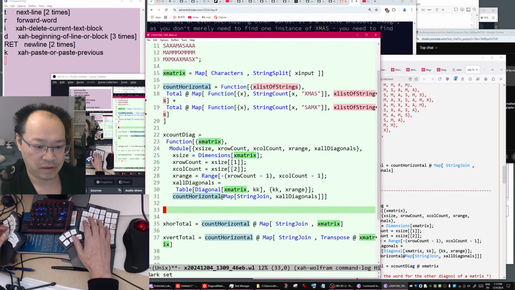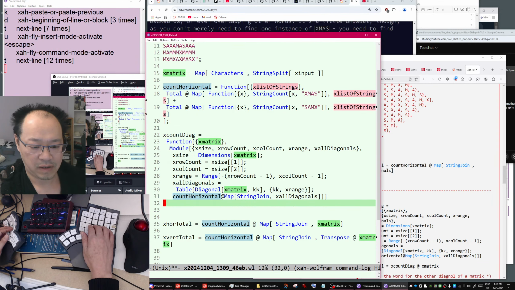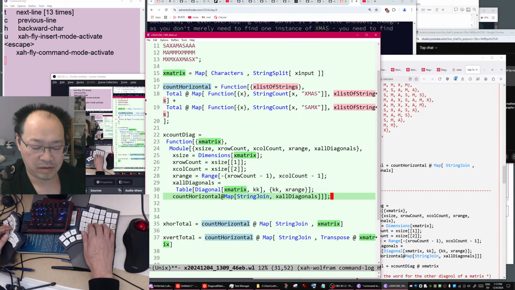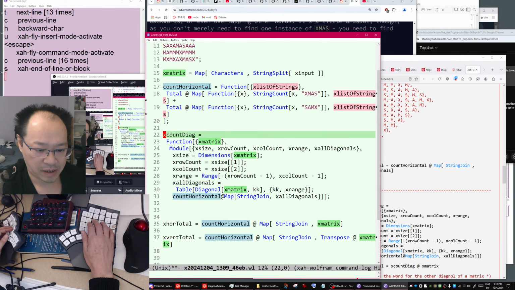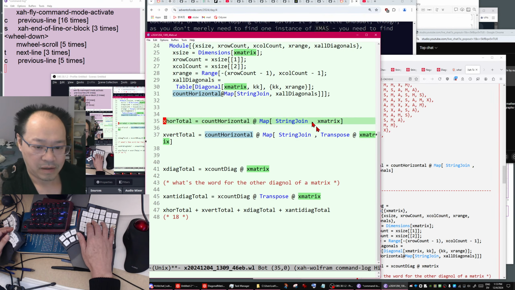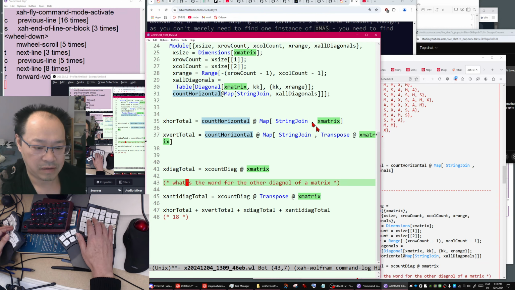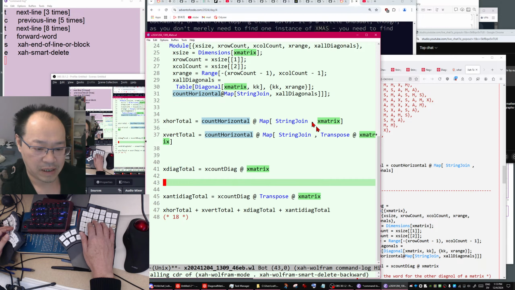Let's put the function here. We got count horizontal function, count diagonal function. Then you just count them. So you got horizontal, vertical, diagonal, and anti-diagonal.